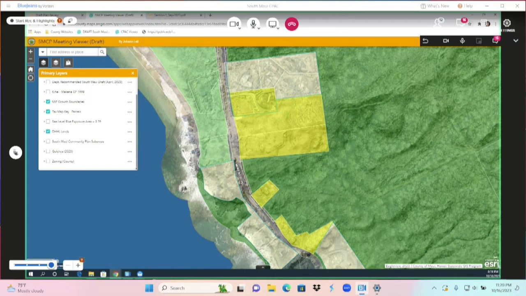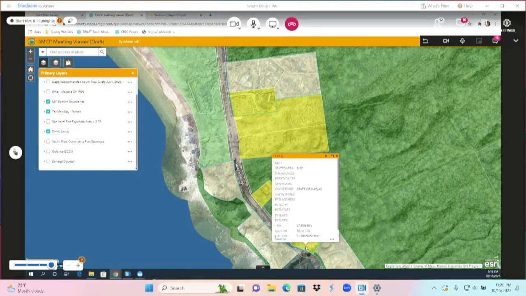So there are four parcels that are outside the urban growth boundary and the rural growth boundary. One of them is a state property, and I have no idea why anyone would designate an unused, undeveloped state property as residential. It doesn't make any sense. That's the one at the bottom. Then there are 3 more. So there are 2 that are adjacent to the